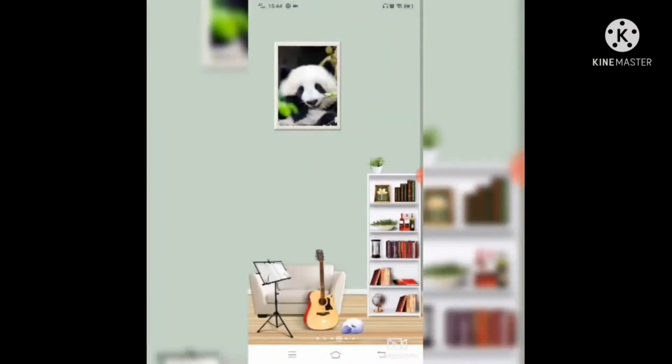Hello viewers, welcome back. In the previous video, we learnt how to change our mobile Chrome into a desktop Chrome using Kiwi browser. And also we learnt how to add extensions to our Chrome. And we added one extension named Google Meet Attendance List.